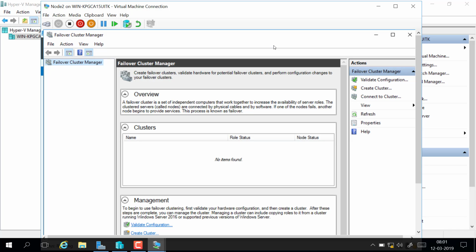So what I'm going to do is first validate the configuration with reference to the networking, with reference to the storage, with reference to the nodes. So all of these components are going to be checked and validated, and I'm going to get a report at the end of the whole process to let me know whether I can go ahead and build my cluster. So I'm clicking on this option over here on the right hand side which says validate configuration. So I click on validate configuration,